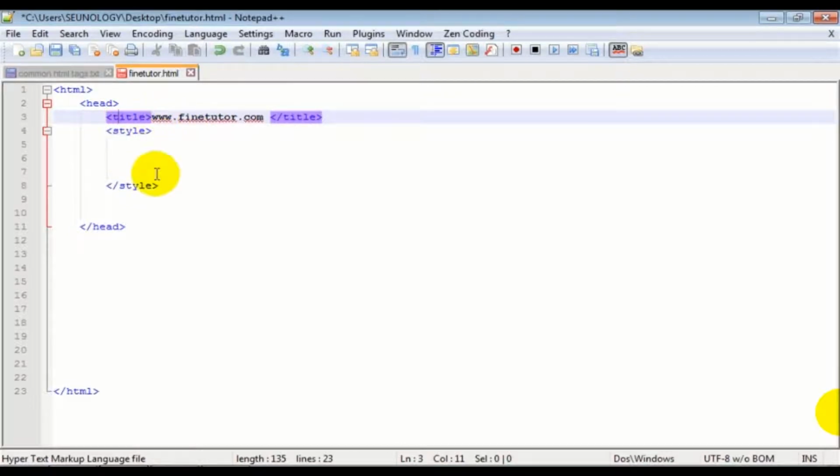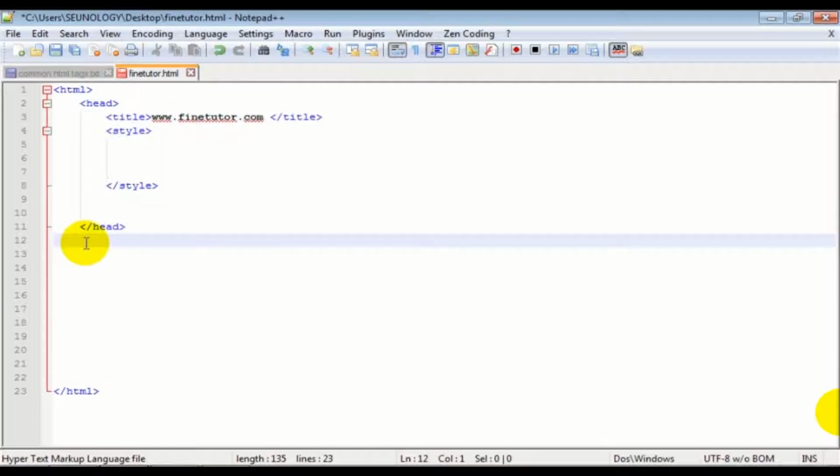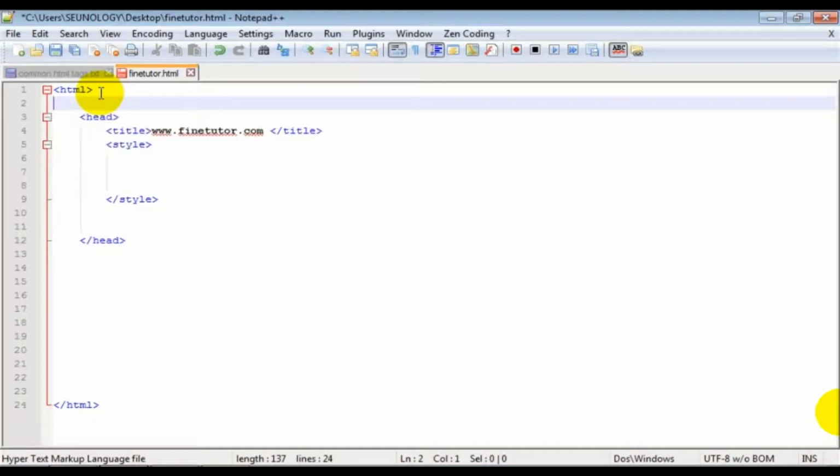So then we are going to move to body now. Body. So where will you put your body? Immediately after the head section. We used to comment in a web page. I want to comment what I've done here. So I want to comment. I will just say this is